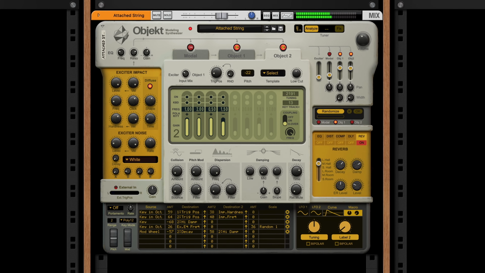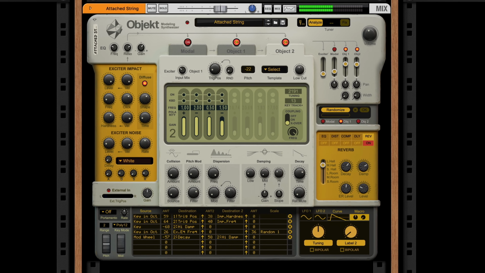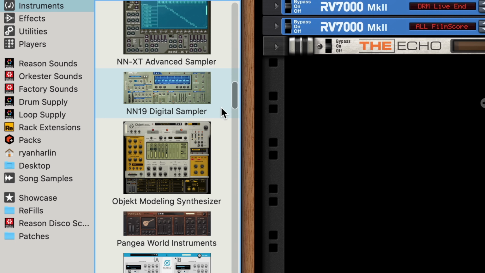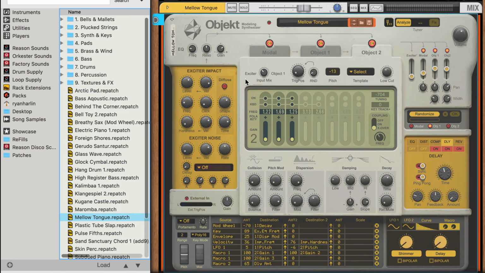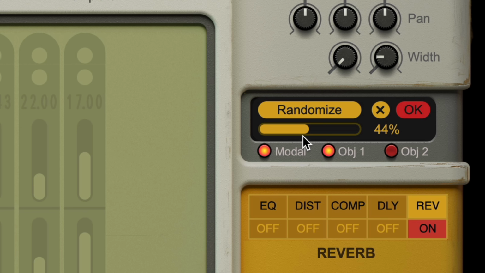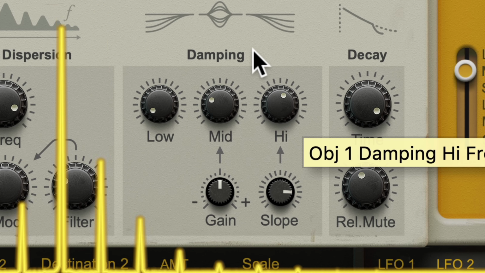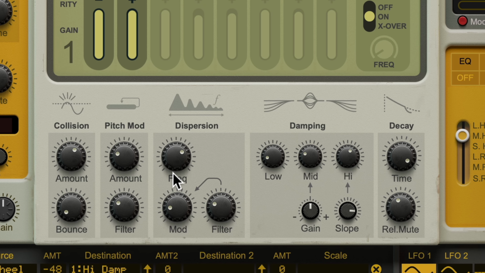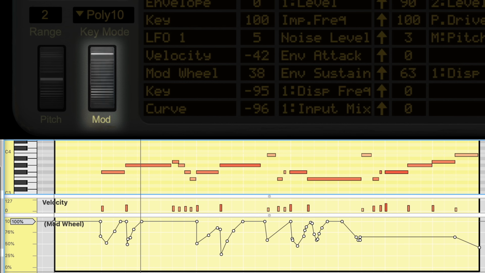Alright folks, that was a lot of information to go through and a whole new style of synthesis to learn with its own terminology too. So if you made it this far into the deep dive, congratulate yourself. I hope I've helped make this new synth not feel so foreign and abstract. In fact, if I've done my job, you'll feel ready to dive in and make your own sounds. Whether that's using resonator templates, putting the randomizer to use, exploring the exciters, or modifying the damping, collision, and other behaviors of each resonator layer until you end up with a sound that's entirely realistic, entirely otherworldly, and most importantly,